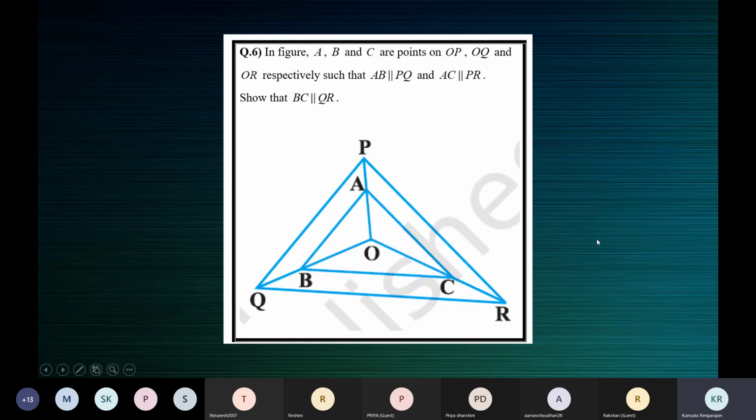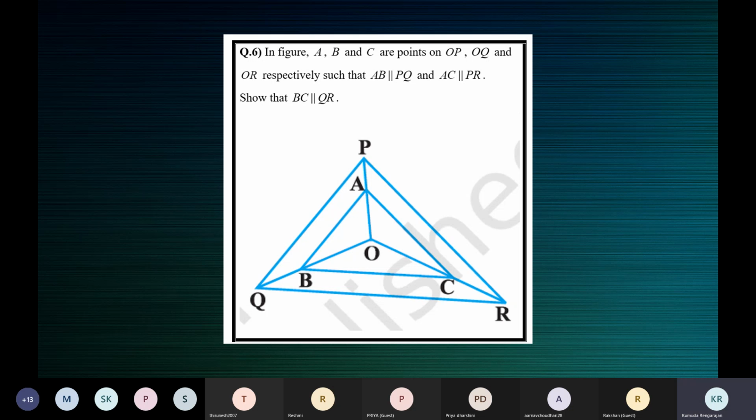Yes, Rakshan, tell me which triangle AB parallel PQ can be applied to. See, it's very simple. AB is parallel to PQ is given, right? Now there are so many triangles; which triangle to take up is the question. I'll tell you how to choose a triangle. AB is parallel to PQ, and PQ is one side of the triangle. Points A and B: A should lie on one side of the triangle and B on the other side.